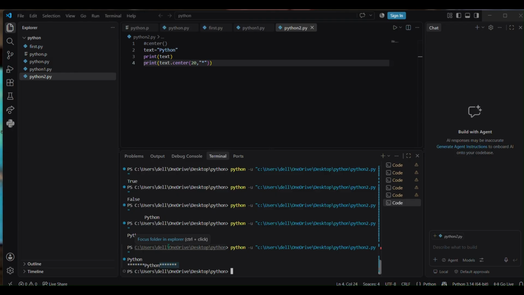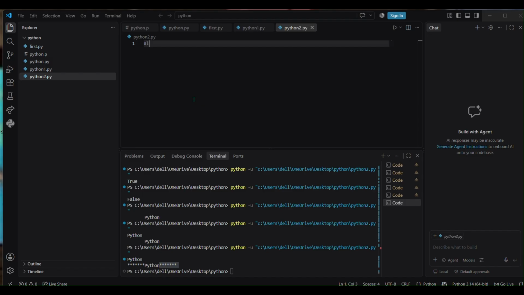So that's how this works, and that's how it adds the special characters to the starting of the string or at the end of the string. Right. So basically, in simple English language, we can say that center places the string in the middle of a field of a specified length. Now, suppose you don't want the specified things to appear on both sides of the string. Some would like to have it on the left side, or some on the right side only. So we have a function for that also,